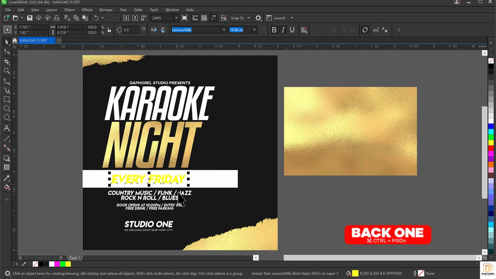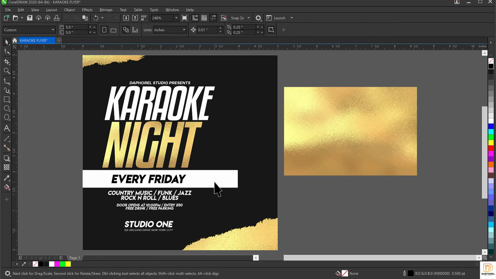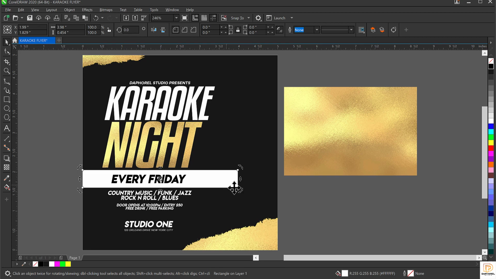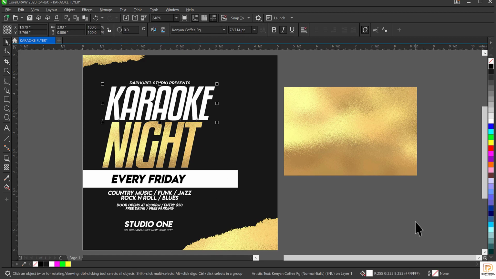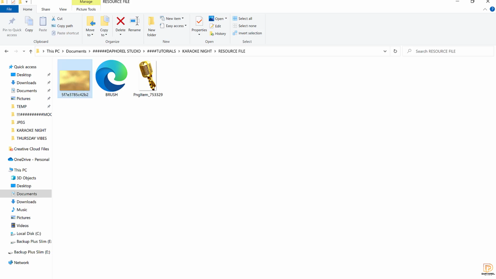Can you see now? It's currently on top now. So I can now change this every Friday from yellow to black like this. This is the color we'll be using. Okay guys, so having done this, I'll go over to my resource file and bring in of course our microphone